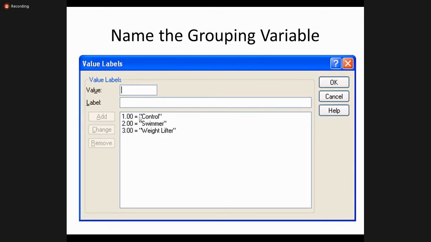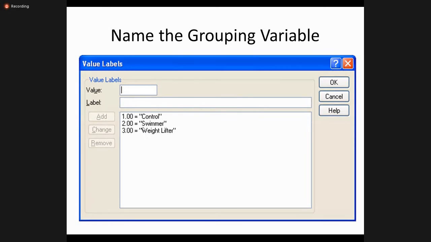Here you define the different types of the variable. I told you, one is for the control, which is not an athlete, two is for the swimmer, and three is for the weightlifter. So there are three categories. This is very difficult to do with a t-test, because when there are just two groups, the t-test is okay. But when there are more than two groups, ANOVA is a good choice.